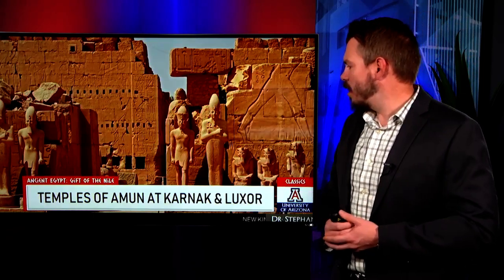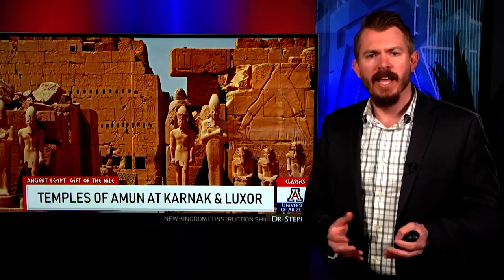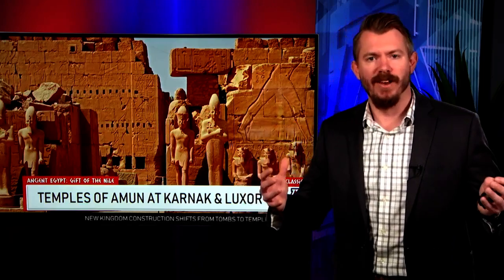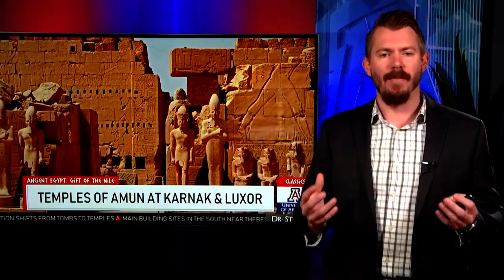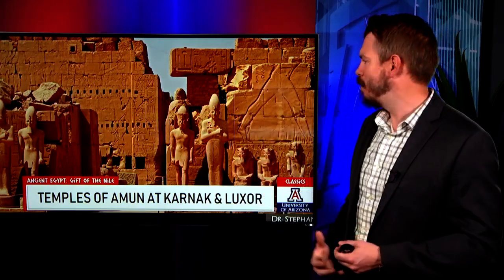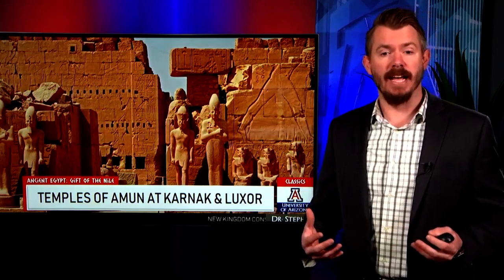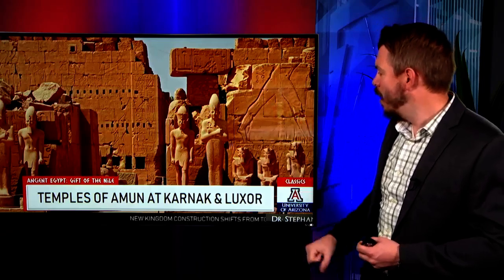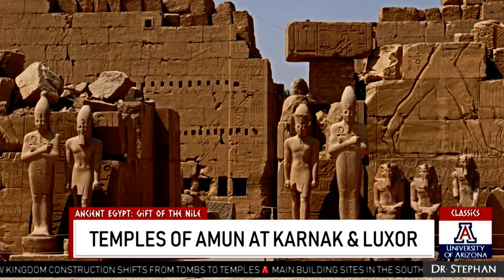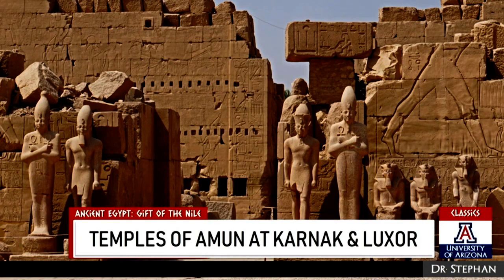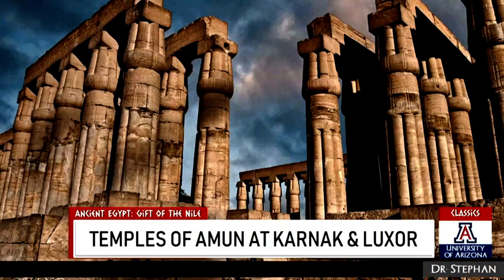And so we talked about how people are moving away from the pyramids. The question then is, what are they putting all the money that they're gaining from these military expeditions, from running a strong state and taxing people, towards? And the New Kingdom answer is essentially temples. So we've got two big temples now. They're both in Upper Egypt, in the southern part of the country, and those temples are at Karnak and at Luxor. And they're moving back now to the god Amun. So we've got two temples to the god Amun down in the southern part of the country here.